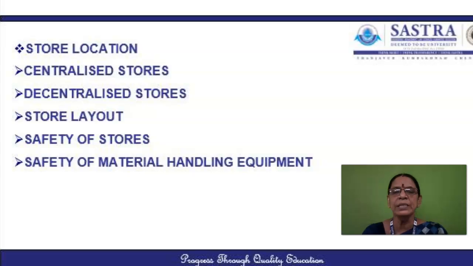Heavier and bigger items should be stored near the issue window, while lighter and smaller items should be located in the bins and racks far from the issue counter. Similarly, heavy items should be kept in the lower racks near the ground level, while the lighter items should be kept in the upper racks. The frequency of the issue of material should be considered while deciding its location within the store. For efficient and economic receipts and issues of materials, the fast-moving items should be stored nearby the issue counter.